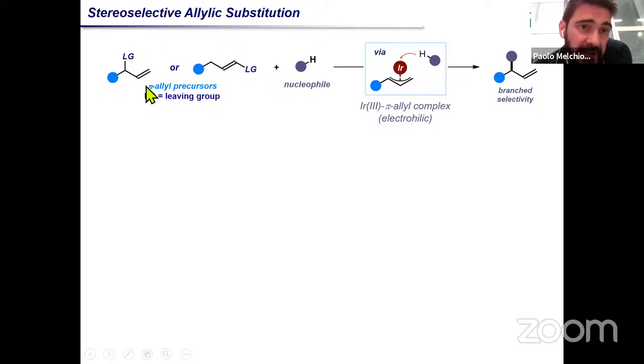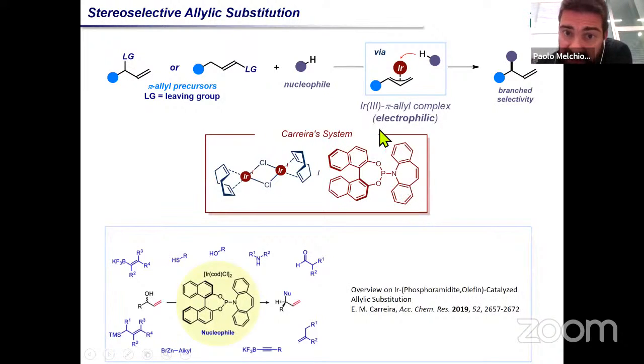generated upon activation of an allylic alcohol, for example, with the iridium 1 catalyst. This iridium 3-pi allyl complex is a strong electrophile in the ground state that can be attacked by different nucleophiles, always with branch selectivity. And when we talk about asymmetric catalysis of the iridium 3-pi allyl complex, the best system is the one developed by Carreira, using an iridium 1 precatalyst together with this chiral phosphoramidite olefin ligand, that leads to the formation of an iridium 3-pi allyl complex which can trap a variety of different